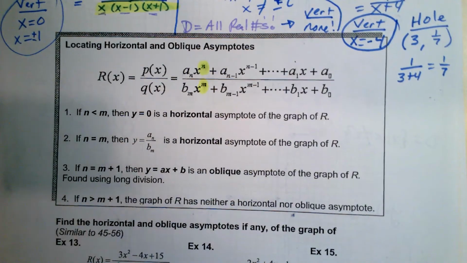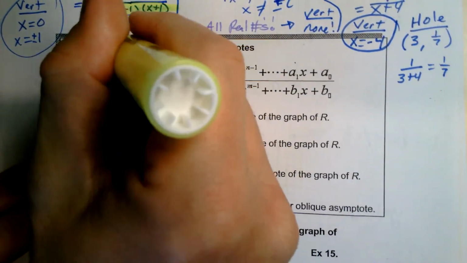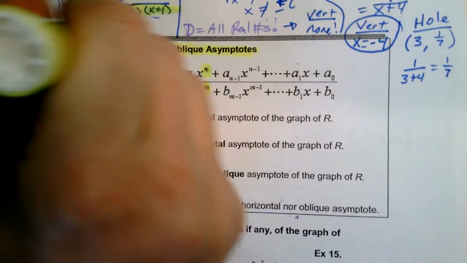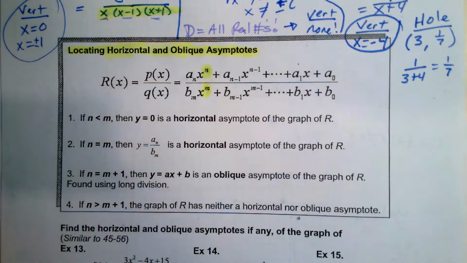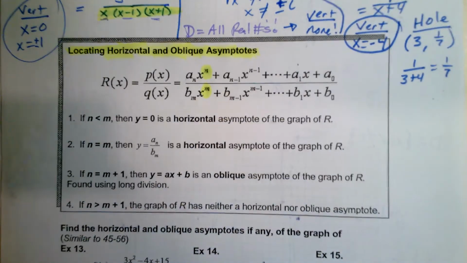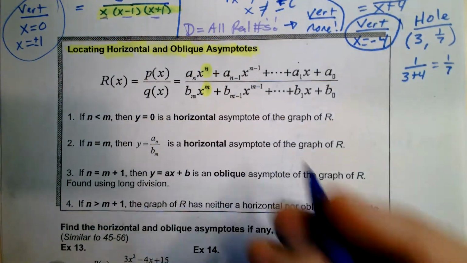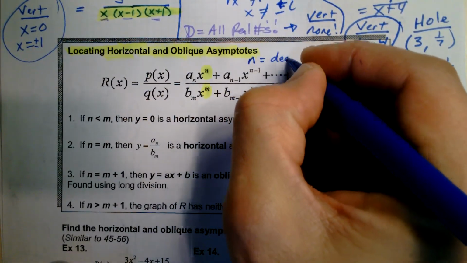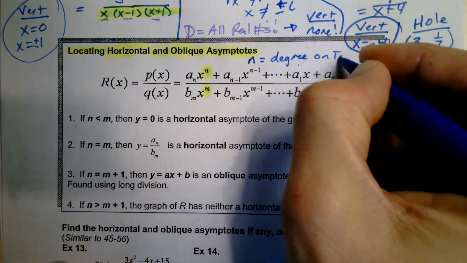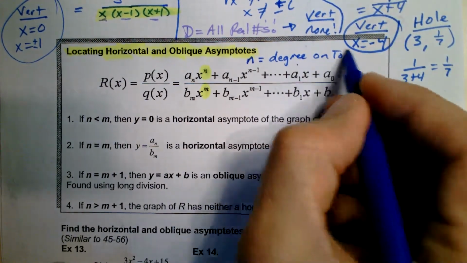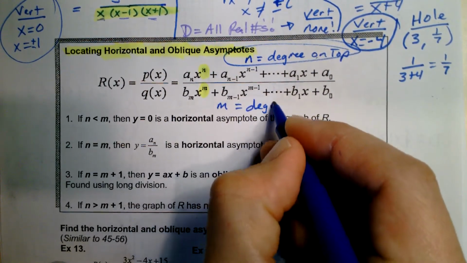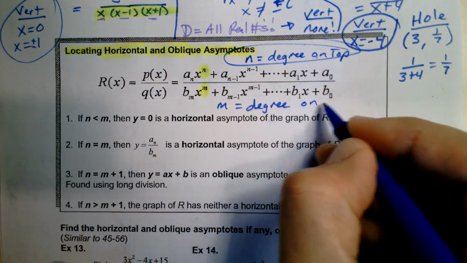All right, if you guys take a look, last thing. Horizontal and oblique asymptotes. If I want to find that, and again, I hope you're taking notes, guys. These are just some rules that we have to follow to find those horizontal and oblique asymptotes. First thing we got to identify is n is the degree on top. Remember, degree is the largest number. So that is your numerator's degree. Okay. m is the degree, largest exponent on bottom